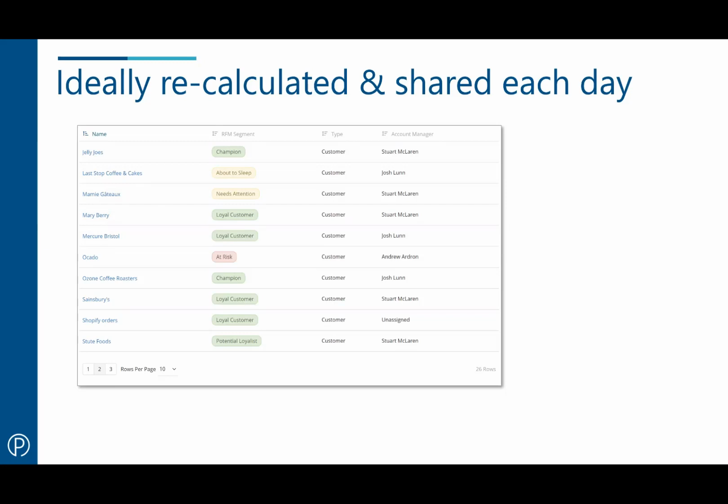And some of you will have already seen the feature that we released recently, where we're now calculating this using the data in your system for you every single day.